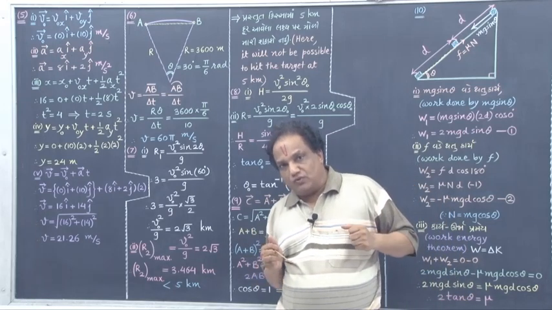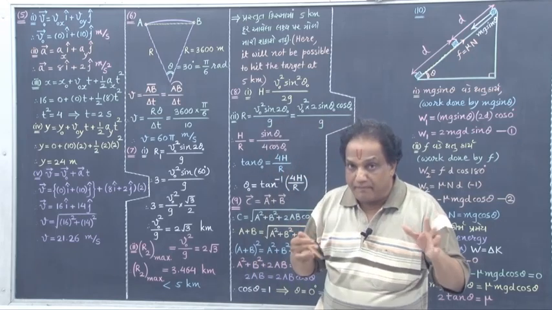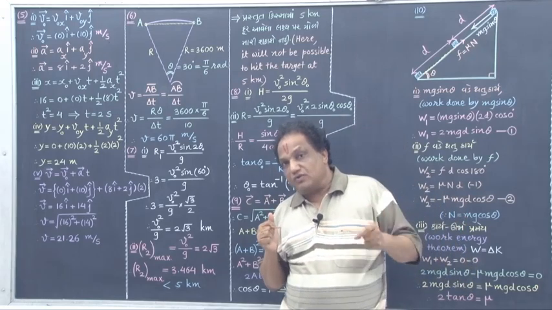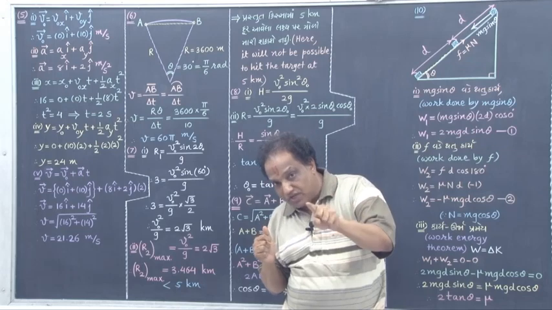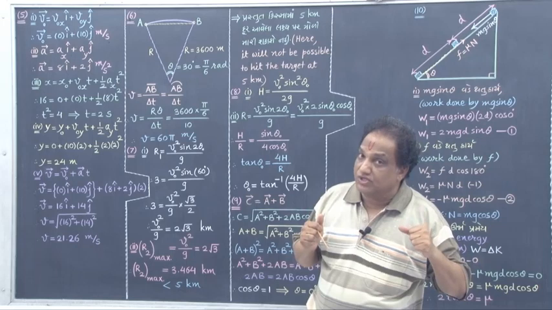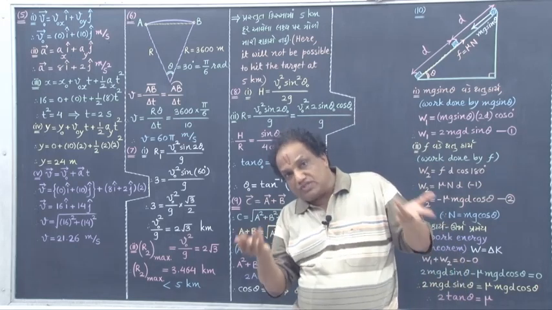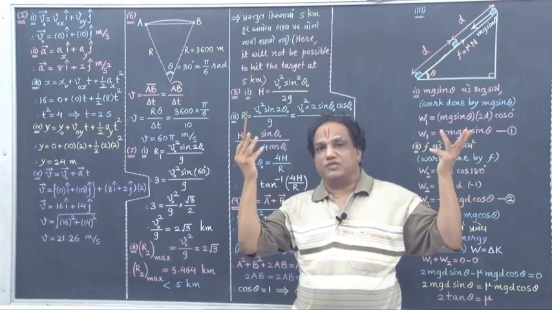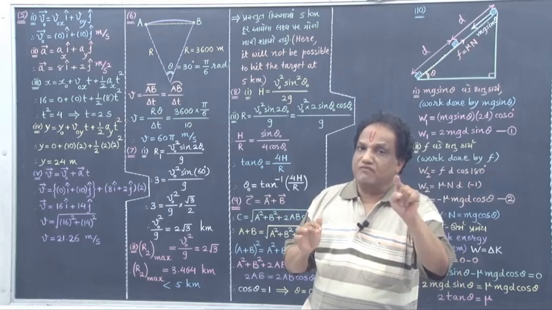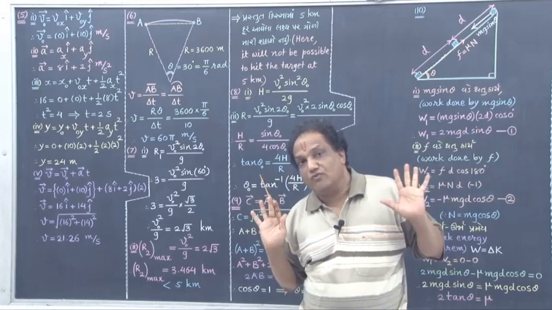Now second time, with the same initial velocity, we try to obtain the maximum possible range, and for maximum possible range you are supposed to adjust the angle of projection equal to 45 degree, correct. In the first case the angle of projection is given as 30 degree, but in the second case we will set it to 45 degree, because in the second case we require maximum range. And then we have to check whether obtaining a 5 kilometer range is possible or not in this case. That is what we have to find out.